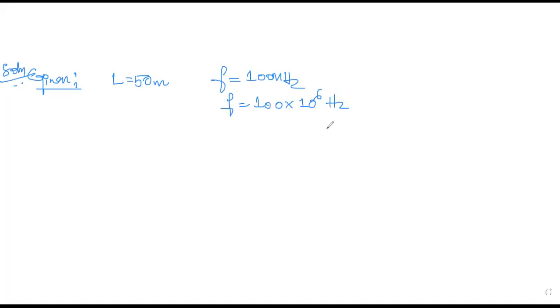A field is measured at 1 kilometer from this antenna. Is it near field or far field?